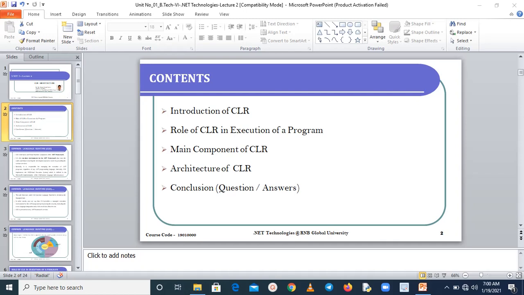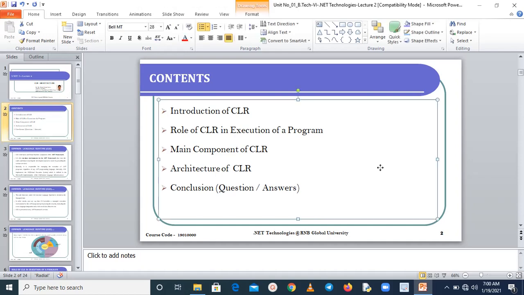Hello friend, I am here to show you how you can use any image as a background in PowerPoint. Basically what happens, sometimes we require to use an image as a background in PPT, but as we see here, we are not getting any option so that we can use any image as a background.